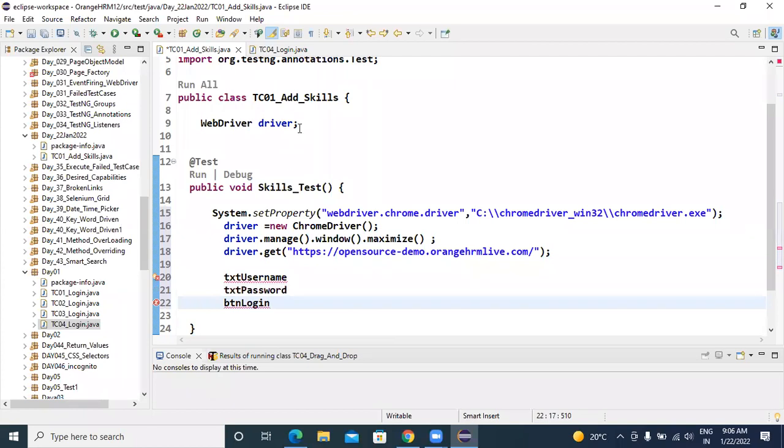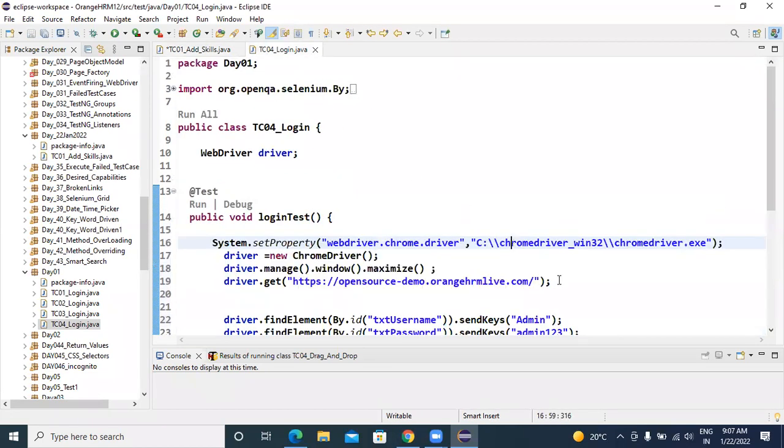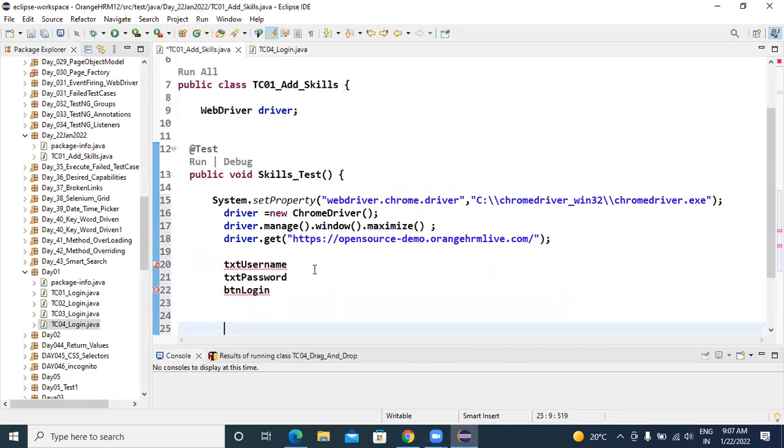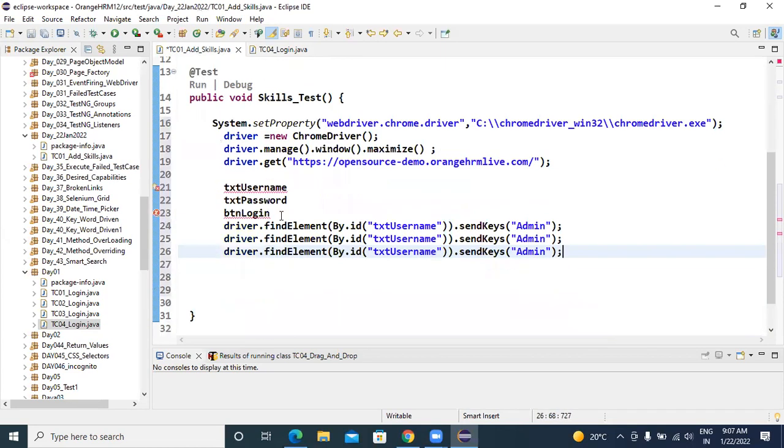So how many lines of code do I have to write to automate the login page? I have to write 3 driver instructions. So let me copy one line of code for reference. Control C, Control V. So first one, txt username, I'm replacing the ID, txt password, and button login dot click. So first one is I want to type a value as admin, and for password I want to type admin 123, and the last one is login button. So I have to perform click operation.